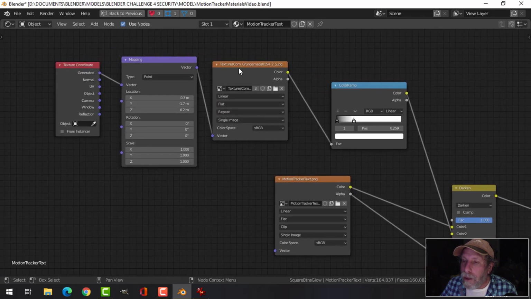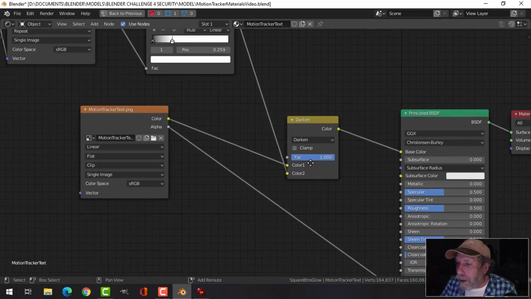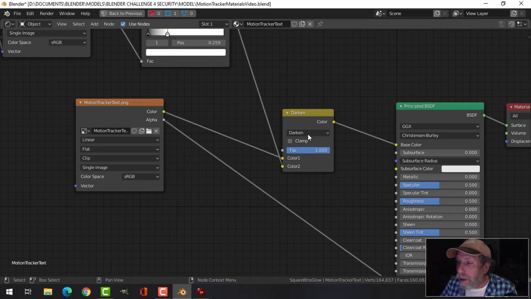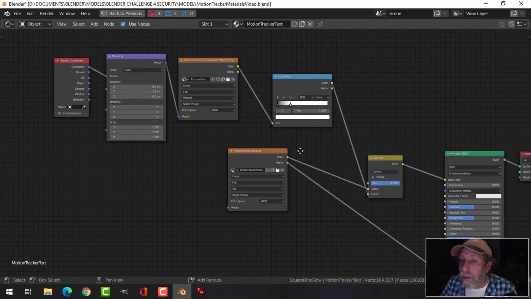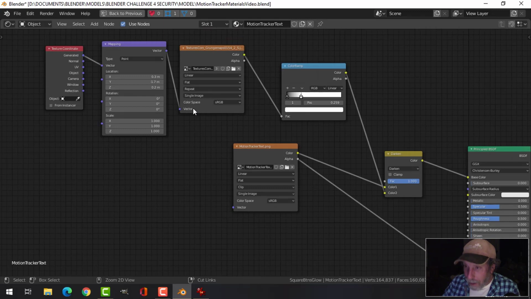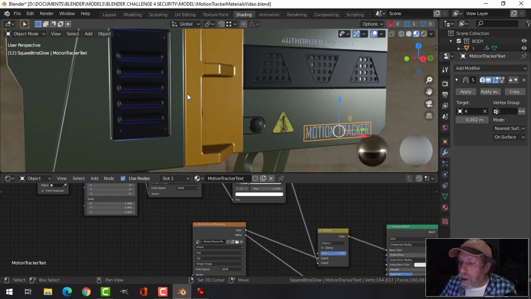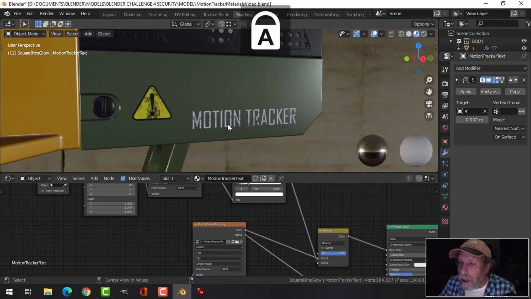So I found a grunge image, and I took that into a color ramp, and then I wanted it a little bit darker, so I put in this darken node, and I can just mess around with that. I adjusted the position a little bit so that the position of the grunge was where I wanted it,